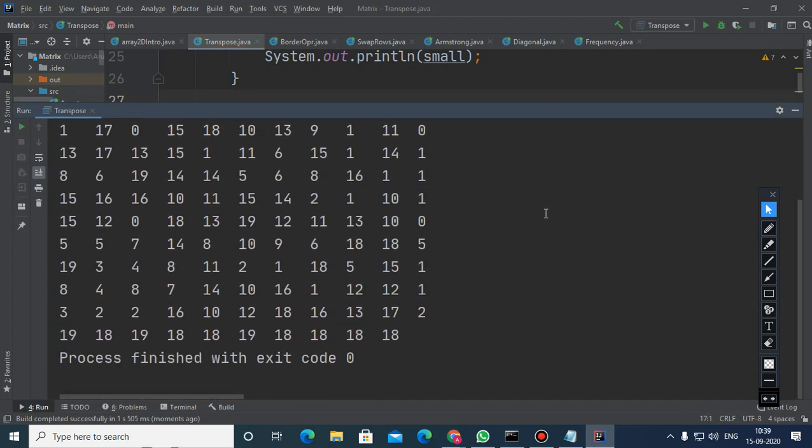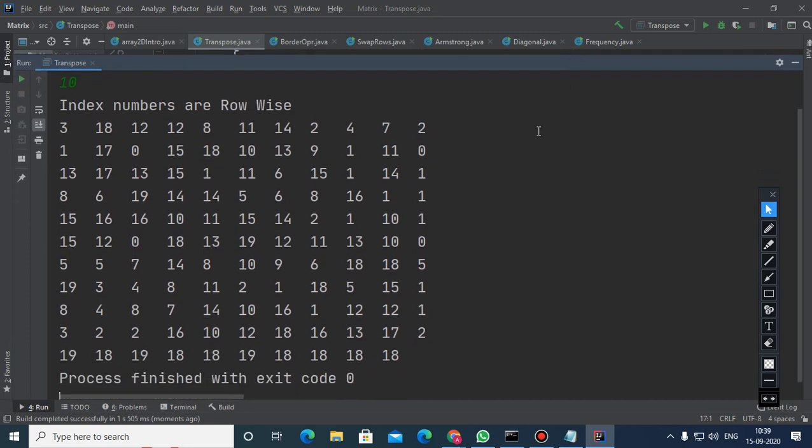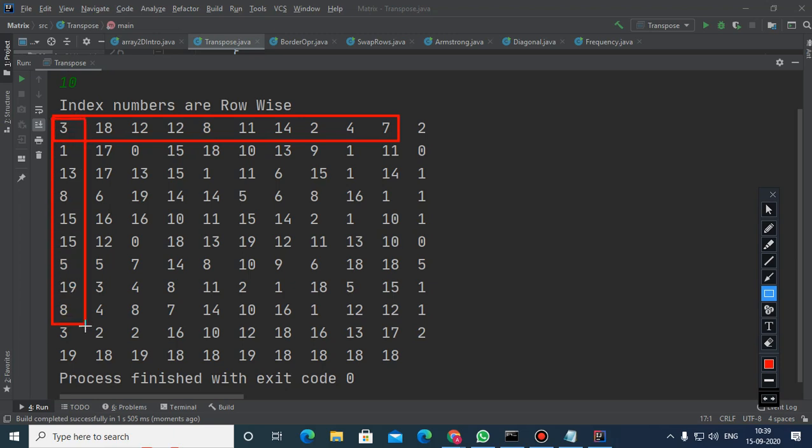Now you can see that the smallest element is 2 and the largest element is 19. The smallest element is 1 and here the largest element is 18. So this is what we have done.